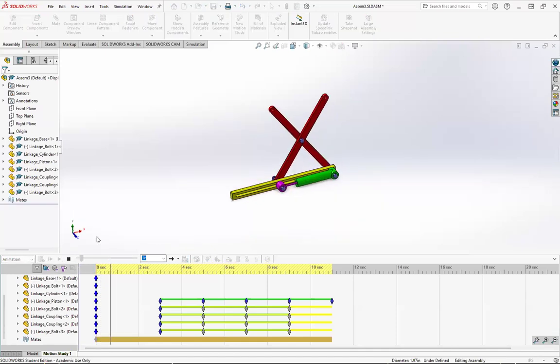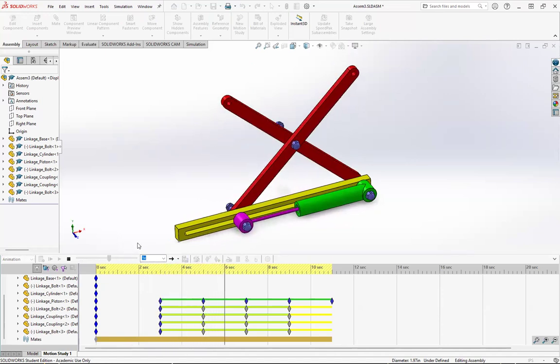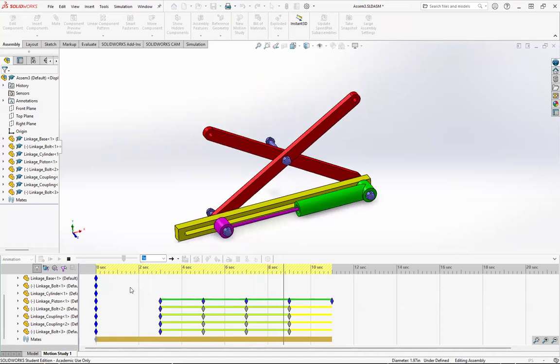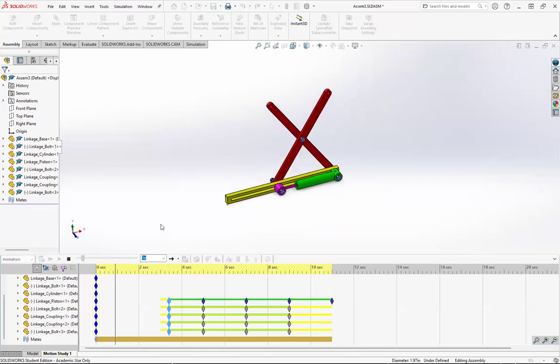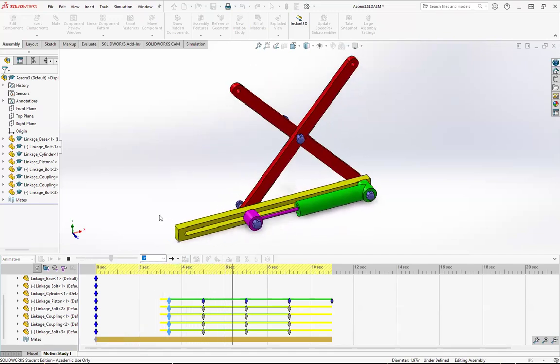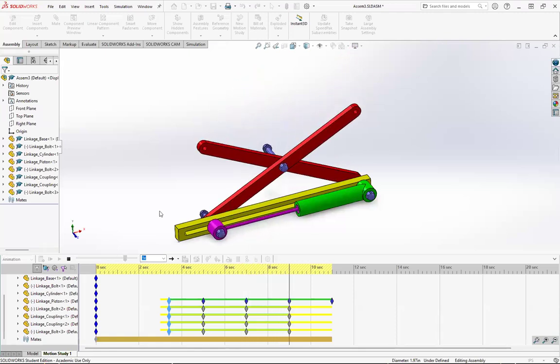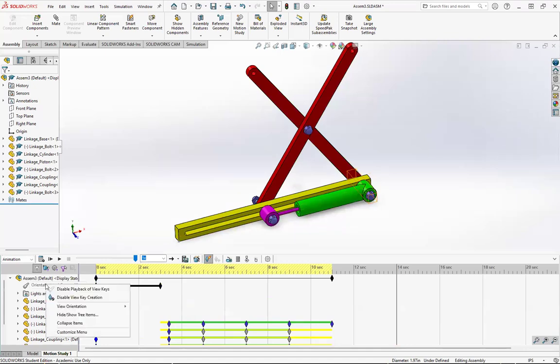Now, if I play, now that they're all fixed, we should have been a little smoother than that. We can also click all of these and move them wherever we'd like. So let's move them and drag them a little bit just so that they're sitting in space. And let's play again from the beginning. And we should have a pause, a brief pause now before it moves. And let's try that. And then at the end, let's take the extra couple of seconds and let's go back up to my orientation